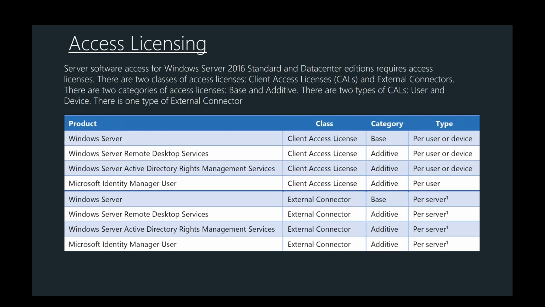And something else which comes up quite a lot is how you access this licensing. What we're talking about is licensing the Data Center, using that licensing in Azure, but it is important to understand all the plethora of different ways you can access the product itself. How you can access Windows Server, Standard or Data Center. Really there are 2 ways you access the server. One of them is with a client access license, and the other would be with an external connector license. For example, with client access licenses for Windows Server, every single one of your users would need that CAL as a base requirement, which provides AD and all of that